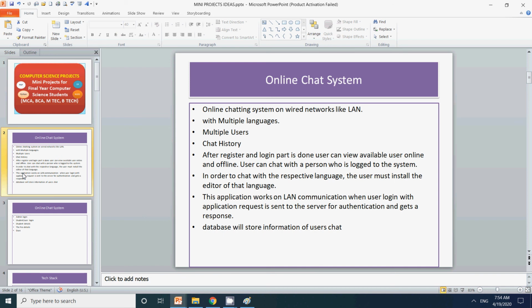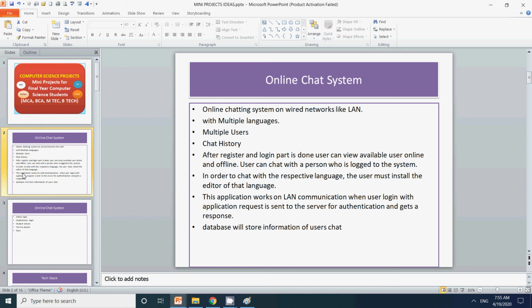Then if we talk about security, all the chat history will be stored in that, and every user will have an option that he will be provided different types of languages that he can choose, and then he can interact with the other users. Once it is done, you can deploy on a web server, and then all the users can access. For a web server, you can go either for IIS or Apache. So both will be able to handle this type of project.